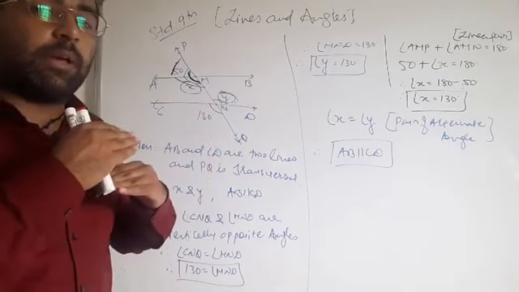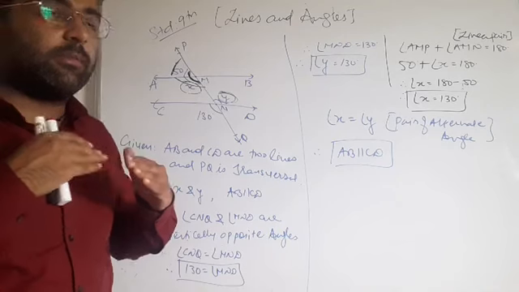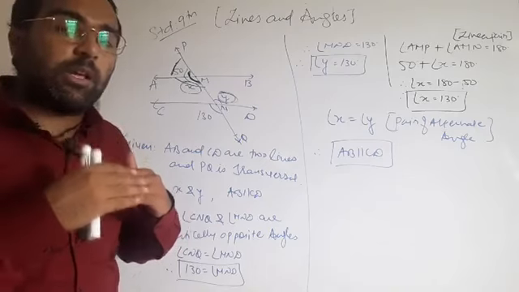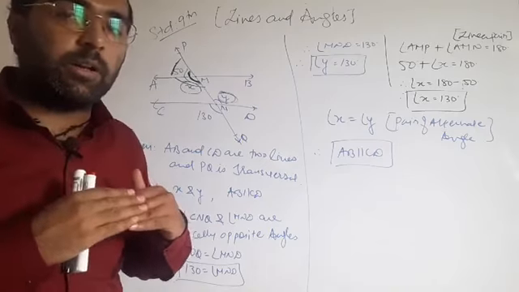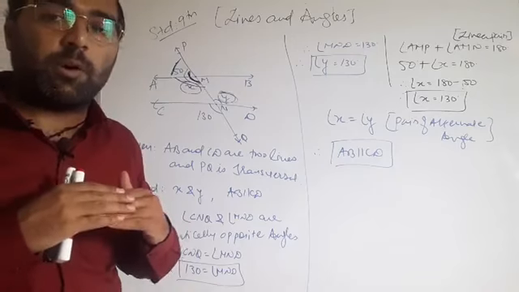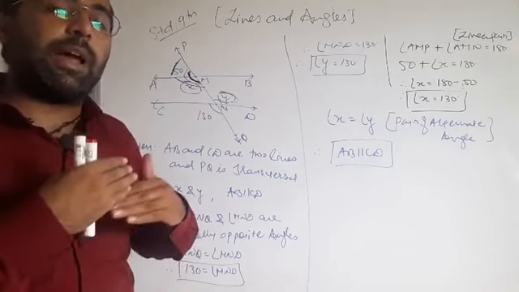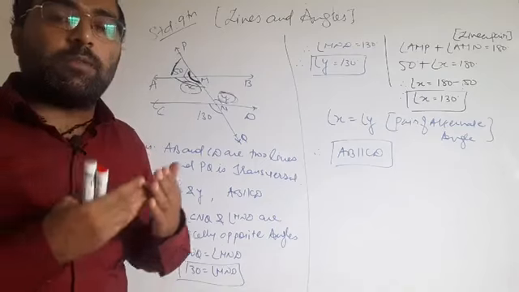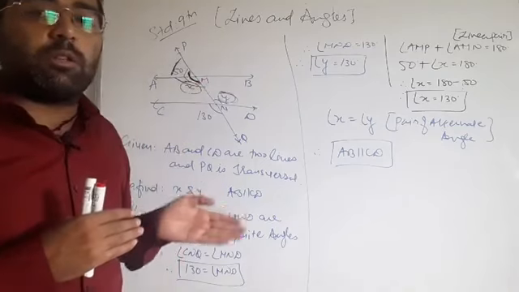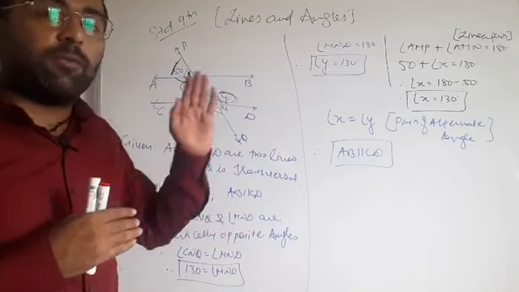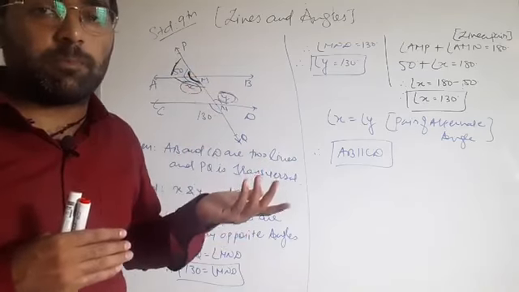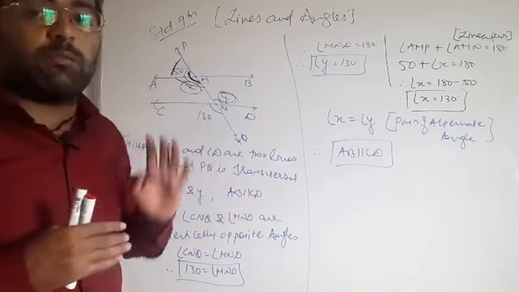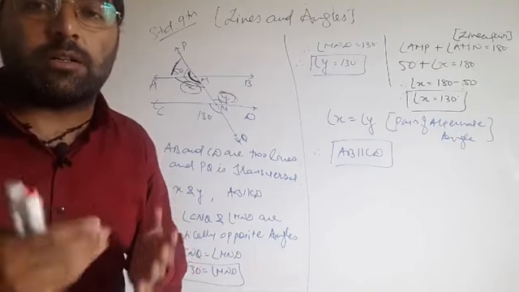That is, if lines are parallel, then pairs of corresponding angles, pairs of alternate angles and pairs of co-interior angles are formed. But if a pair of corresponding angles, or a pair of alternate angles, or a pair of co-interior angles is formed, then we can also say that both lines are parallel. That's the converse. If lines are parallel, all three types of pairs are formed, and if any one of them is formed, we also say that the lines are parallel. Okay, that's the converse.